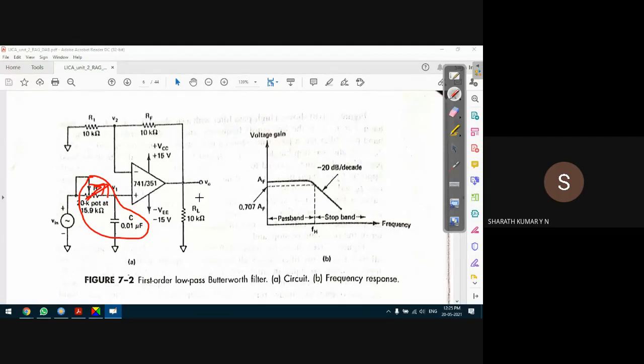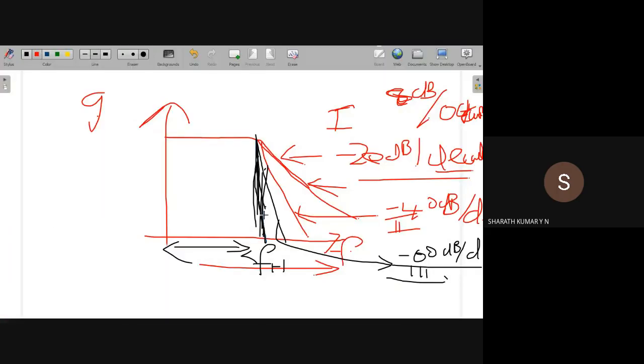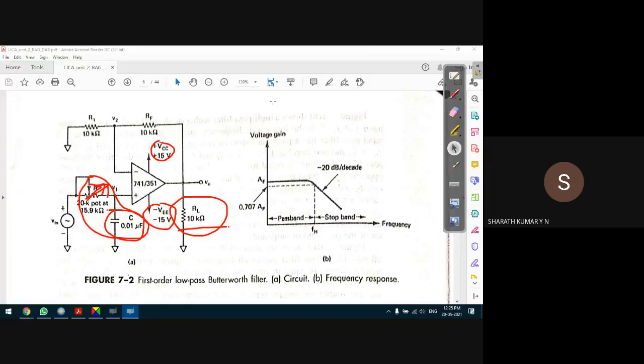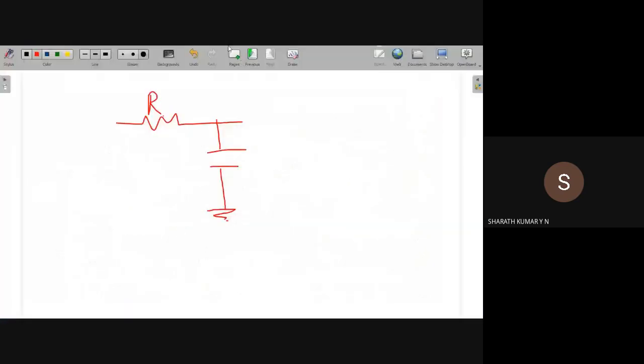Okay, this is the load resistance, usually 10 kilo ohms is used. So these are the biasing voltages, plus and minus 50 volts. Okay, so this is a capacitor. In this case, if you observe the resistor and capacitor, this is the resistor and this is the capacitor. So this is R, it is just an R. Okay, R and C. This is R and this is C.